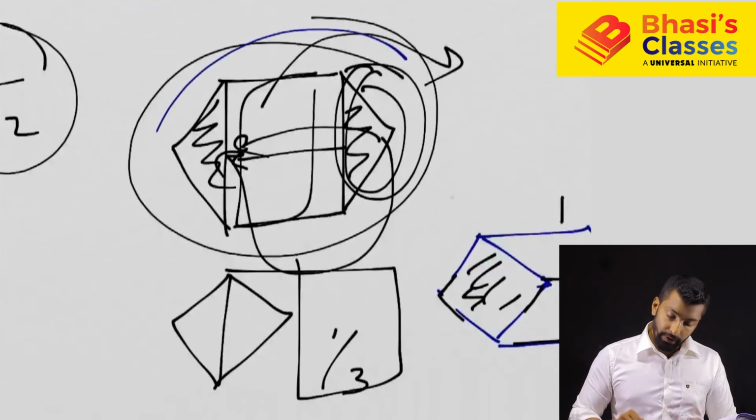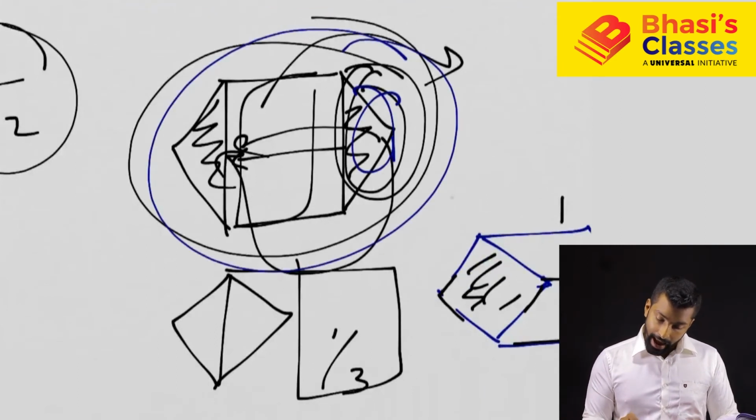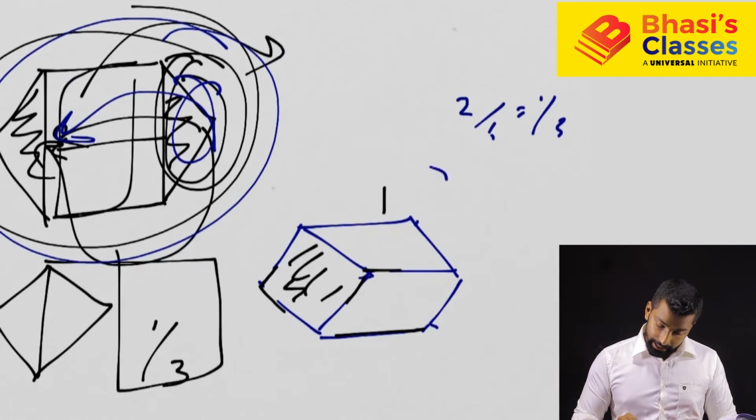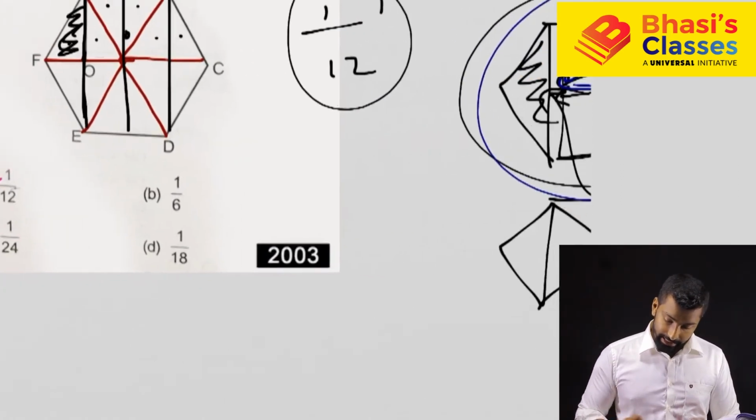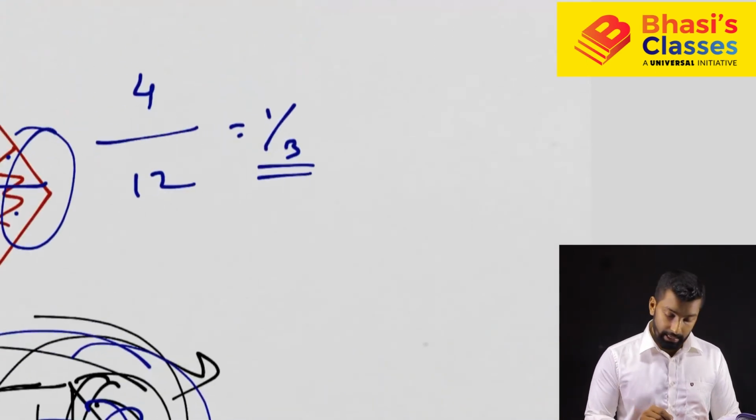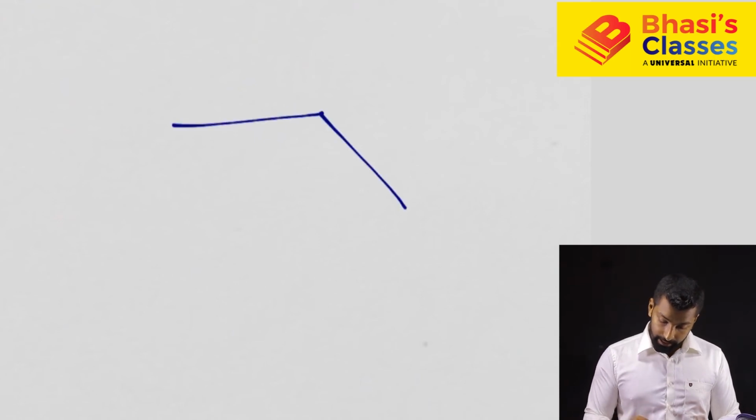Or you can think in this way also. Take this portion and attach with this, so it will look like this. Okay, now the other way in which you can get a question from a hexagon. See, we are looking at different possibilities. I promised you by the end of the session you will be in a position to predict questions, right? See, like this,